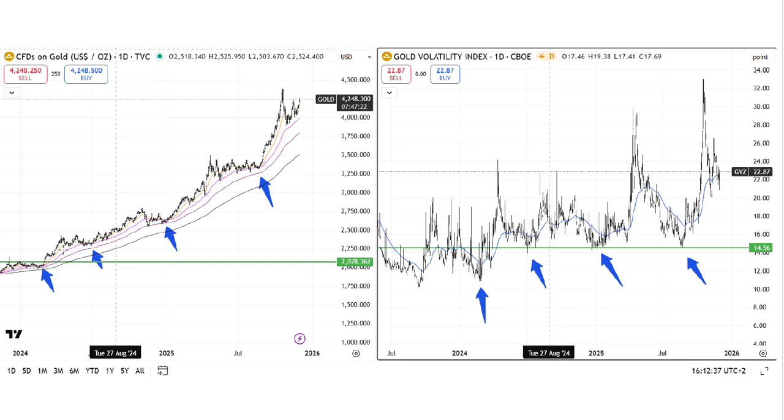Gold has been in a strong uptrend since early 2024. As you can see from the chart, the trend is easily recognizable within the stacked EMAs. We have the 200, 100, 50 and 20 all stacked on top of each other. All pullbacks are shallow, and this is evident of a very strong trend.